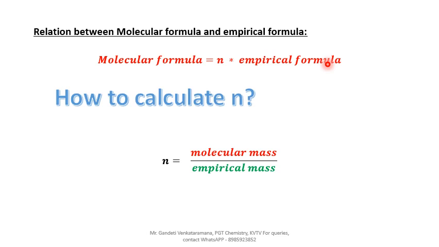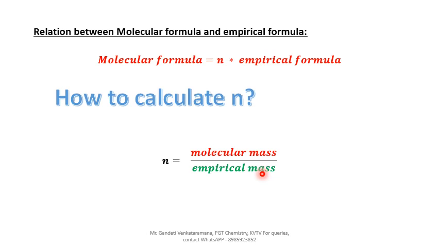It means that you are supposed to determine the empirical formula first. There is no alternate. Okay, empirical formula we have to find out first. By using that empirical formula and empirical mass, we can calculate the molecular formula. Okay, so this is the relation: molecular formula equals N times the empirical formula. Not a problem, the empirical formula you can derive. But what is N? How to calculate N? You don't know what is N. So how to calculate N? N equals molecular mass by empirical mass. This is the N formula.